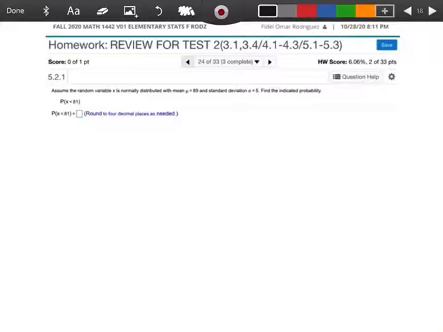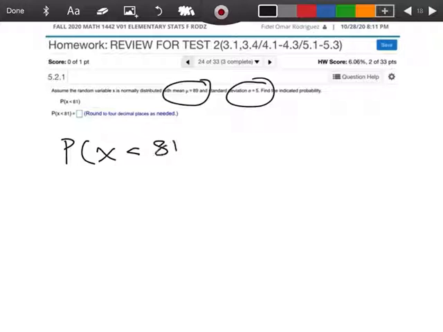5, find the indicated probability. Okay, so we know that our mean is 89, and we know our standard deviation is 5. What we're looking for here is asking us to find the probability that x is less than 81. So the first thing we're going to do, we're going to convert the x value